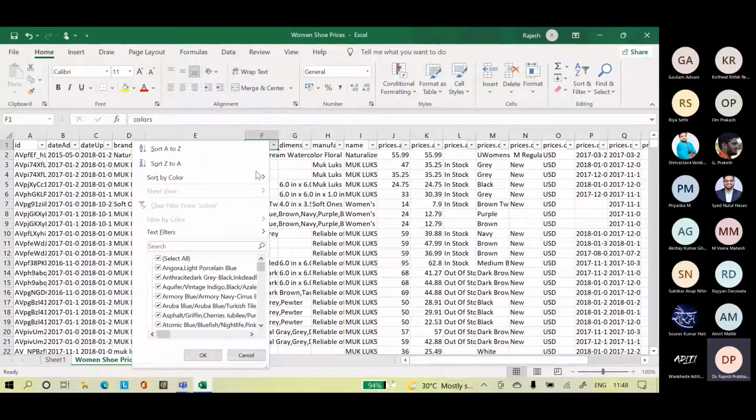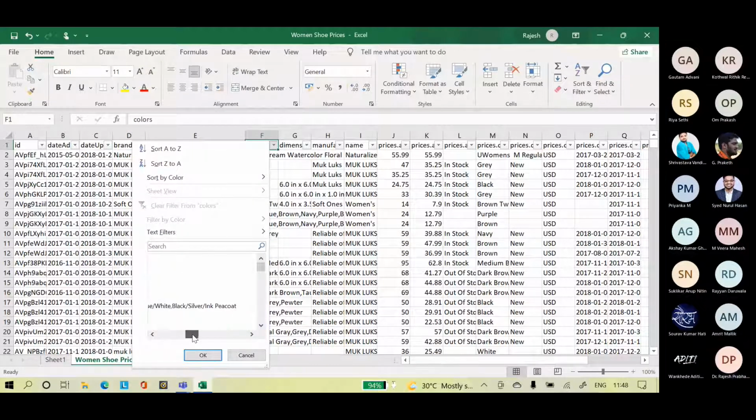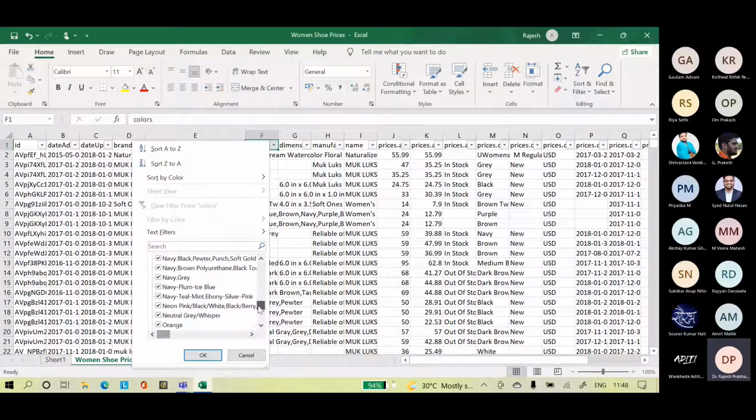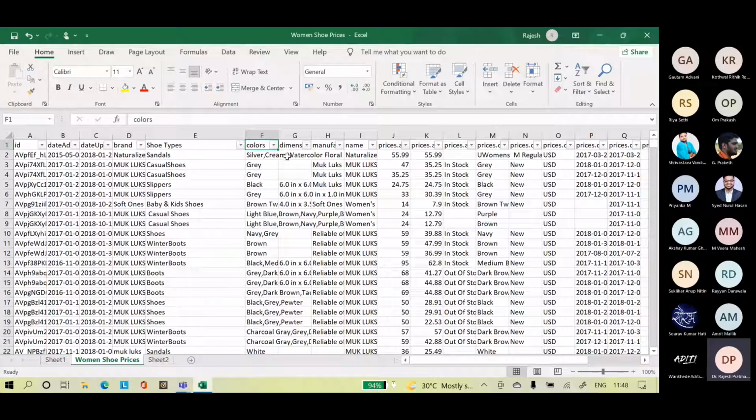Colors, I think we have a lot of colors. Again, we have to change them; colors have to be broken into different categories. Color 1, color 2, color 3. Dimensions, manufacturer, name, prices, availability.